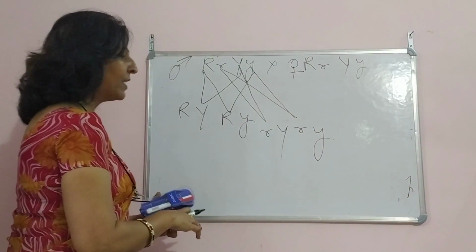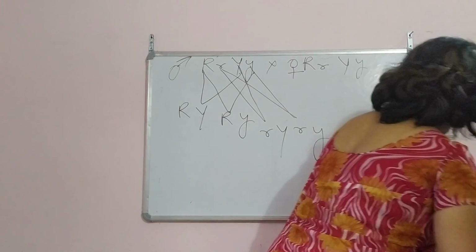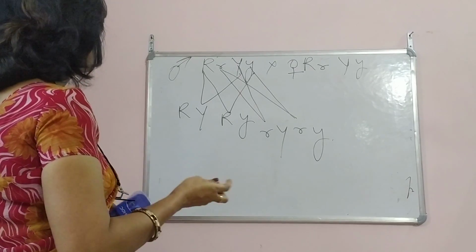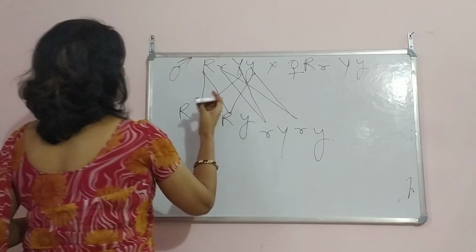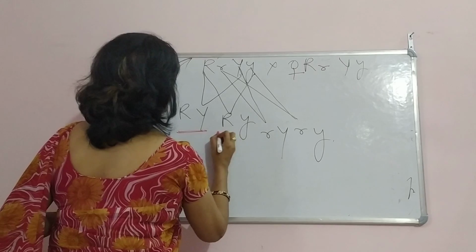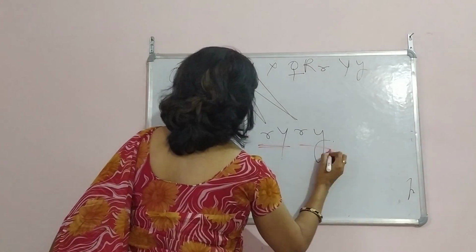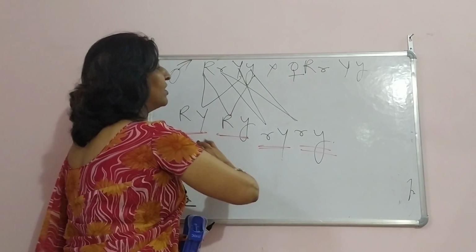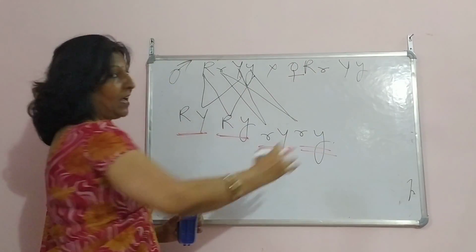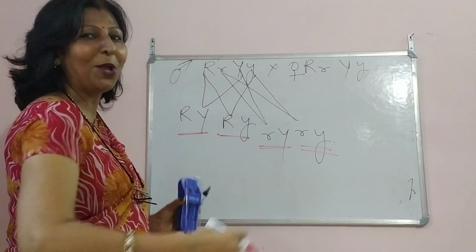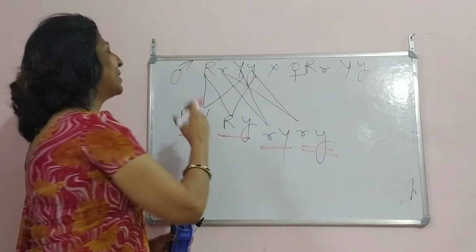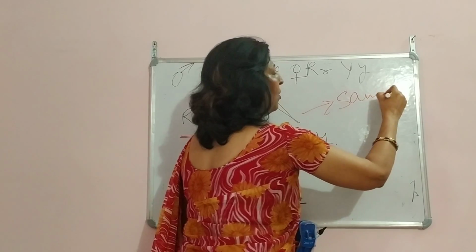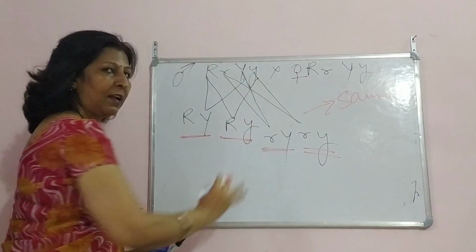Okay, so finally what happens? For your convenience, I will do something else so that you understand well. Okay, children, so here, these are the genetic constitutions: capital R, capital Y, and the same over here. I'm not going to do it, the blackboard, you know, it's a small one. So the same constitutions can be seen over here. So this and this are similar.